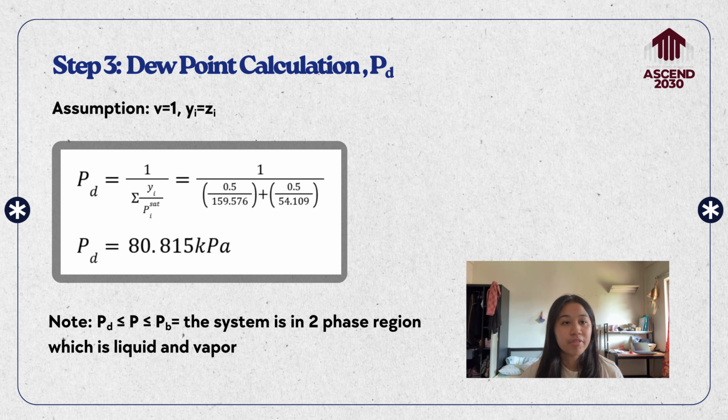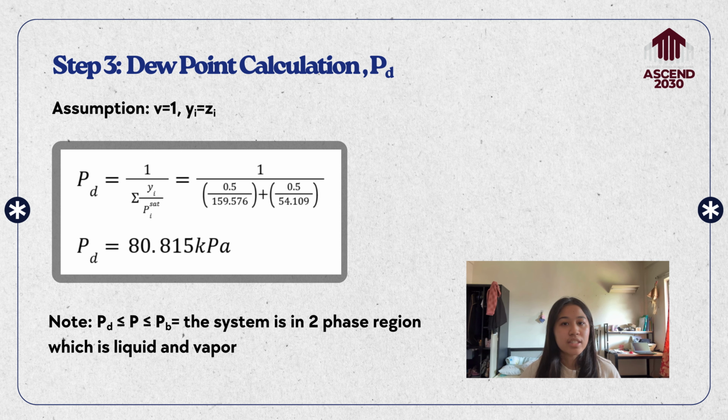In step 3, we will calculate the dew point. So we assume the vapor fraction equals 1, which means the mixture is completely in vapor phase. Therefore, the vapor composition y equals the overall composition, which is z. So using the dew point equation, we will substitute the mole fraction of pentane and hexane, which we assume to be 0.5. So y will be divided by the summation of mole fraction over P saturated that is obtained from the Antoine equation. After the calculation, we obtain a dew point pressure of 80.815